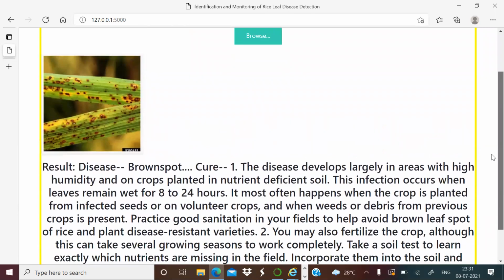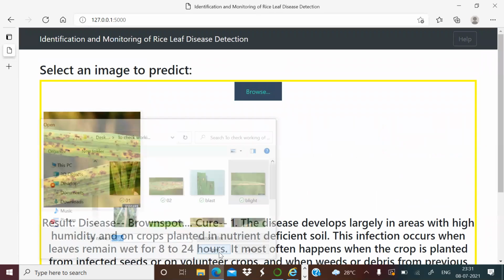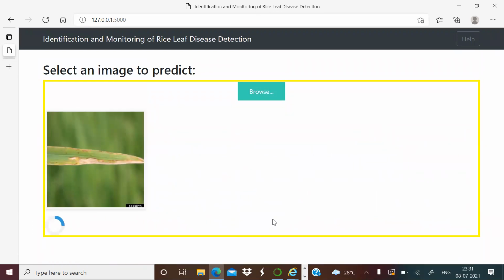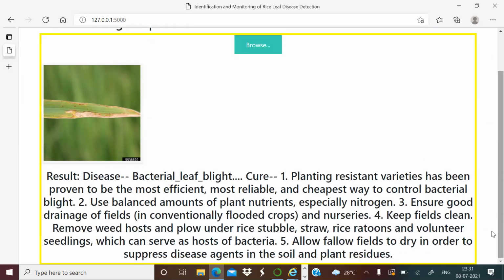Now we will do it for another disease. As you can see, it has detected the correct disease and its cure is also displayed.